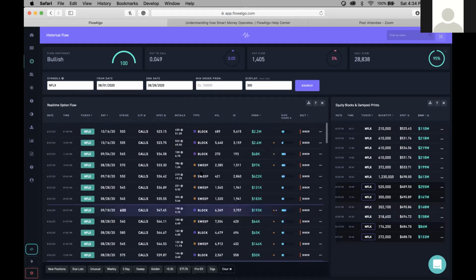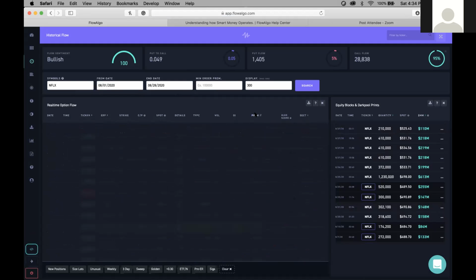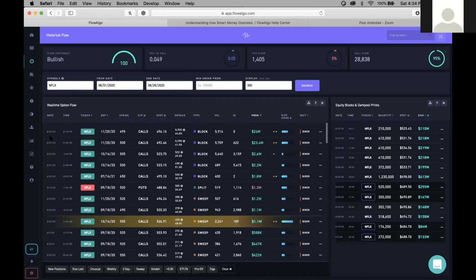But yeah, so basically you can check and see what people were thinking about Netflix, and you sort that by premium, and you can see on 8/20 there's 26 million of Netflix at 496, and now Netflix is around 540, whatever it is, 550 or 520. So you can see that this call option made a ton of money. Same thing with this one. They bought it when Netflix is at 492 on 8/21. They bought this one at 8/27, so after the rally probably.